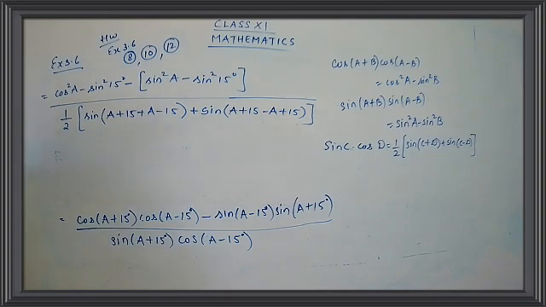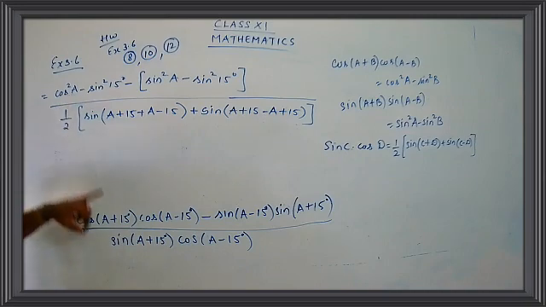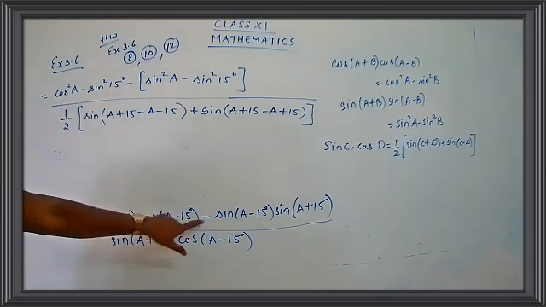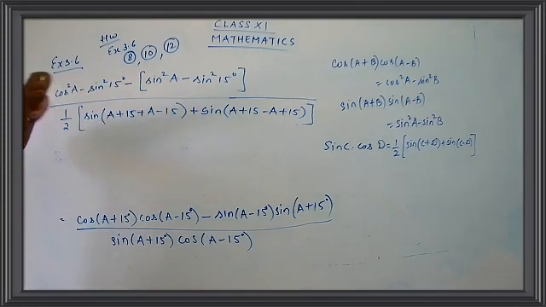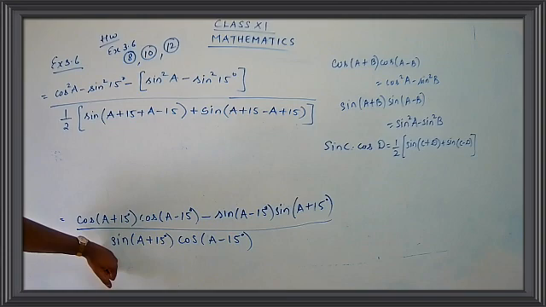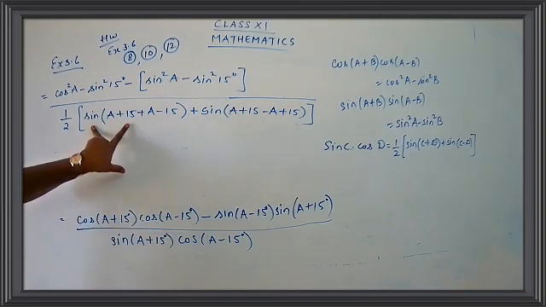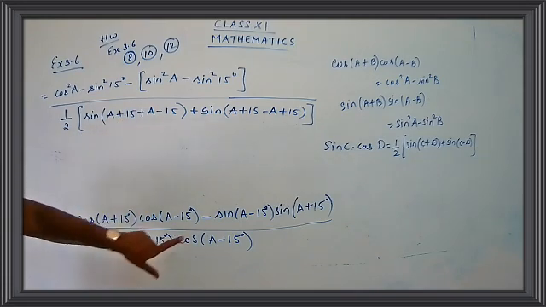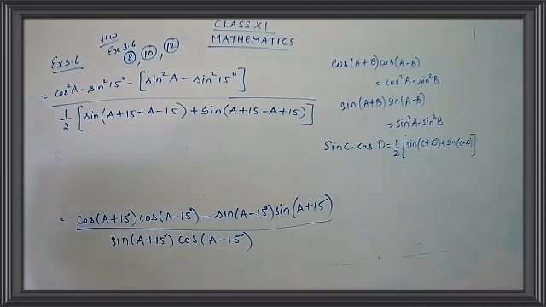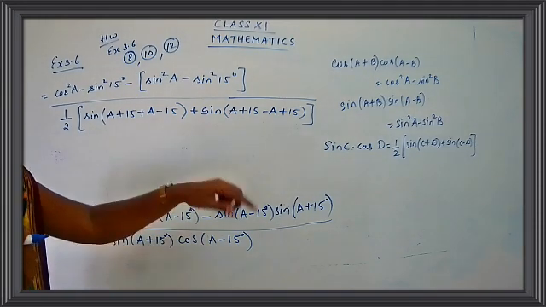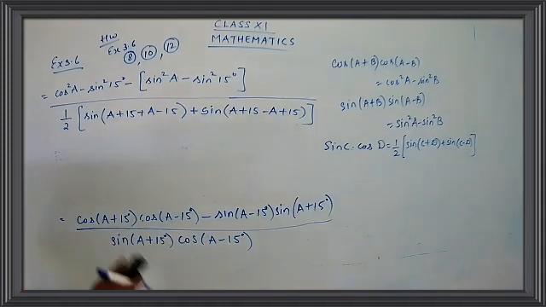Okay. So what have we done? We have applied the formula for cos A plus B into cos A minus B. I got cos square A minus sine square B. Here sine A plus B into sine A minus B, so I get here sine square A minus sine square B. And here I have applied the formula for sine C into cos D, so I get half of sine A plus B, or C plus D here. So add this: A plus 15 plus A minus 15, plus sine A plus 15 minus A plus 15. The sign will change, so minus A plus 15. Okay, let us simplify it further.